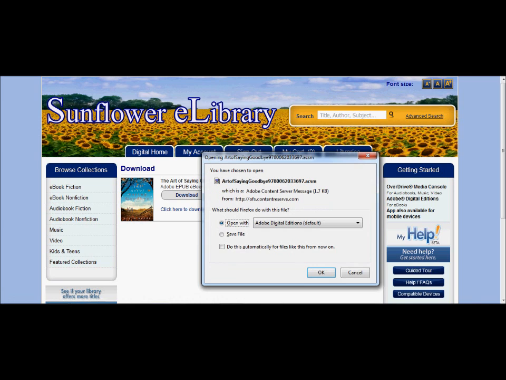And it's going to come up with a message. Depending on your browser, this message might look different, but it'll ask you either to open or to save the file. We're going to want to open. This is because if you save it, basically you're going to save it somewhere on your computer and then you're going to have to find it. But we just want to go ahead and open it. That way, we can simply open it up into Digital Editions. So I'm going to hit OK,